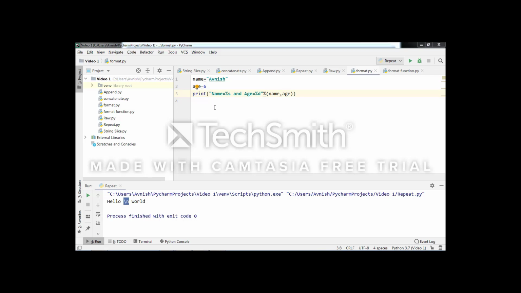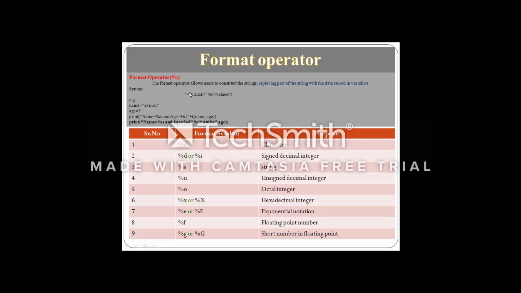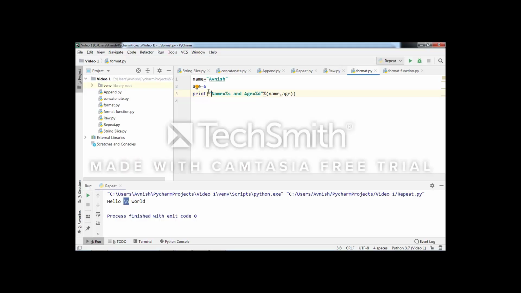This is your format. After the format, you have to use the format operator. In that format operator, we are passing two arguments. The first argument is name, and the second argument is age. If you observe, the data type of the name variable is string, and the data type of age is integer.